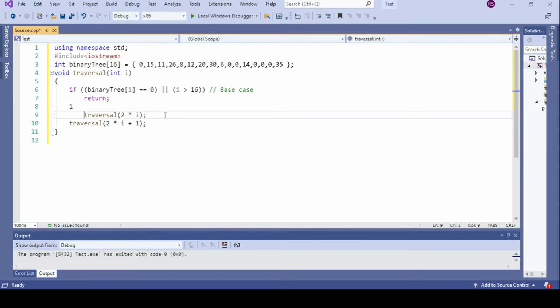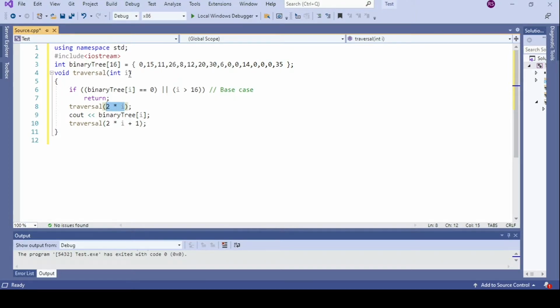In that case, I have to just place the printf statement in between the two traversals. The reason, I think you are aware of, is that 2i represents the left child of the ith node.